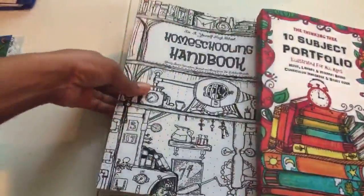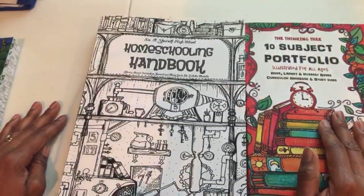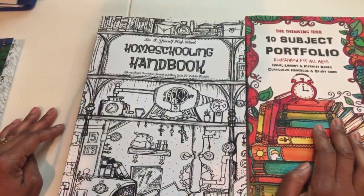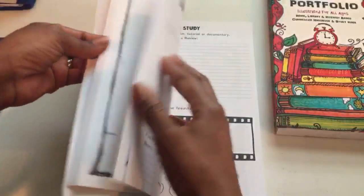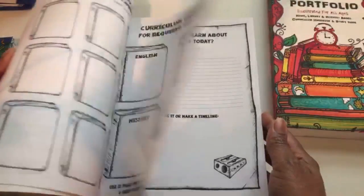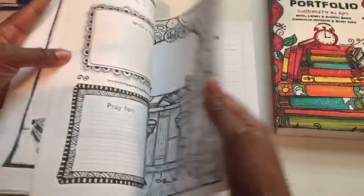I don't know which one I'm going to use thus far because I like both of them for the same purpose. But I'm more gearing towards this one for now because I only have one of these, and I think my daughter probably will want to use this maybe in the 10th grade, maybe 11th grade. I don't know. But being that I have more than one copy of this, I think I'm just going to go ahead and use this one to make the lesson plan because I really like the way it's laid out for that purpose. So I'll let you know how it goes, and maybe I can do an upcoming video